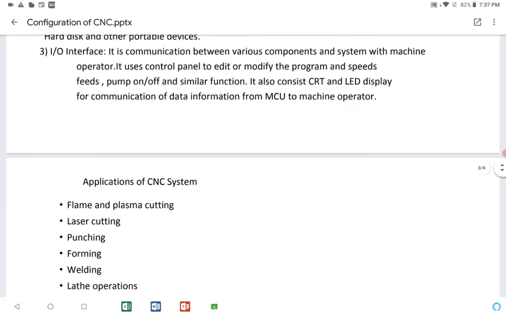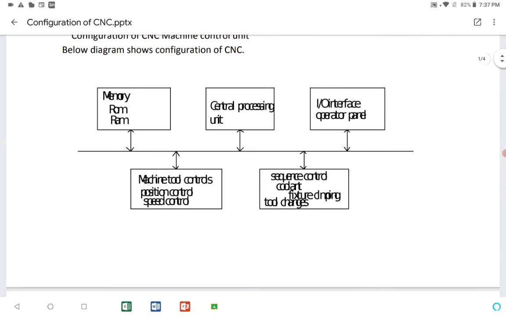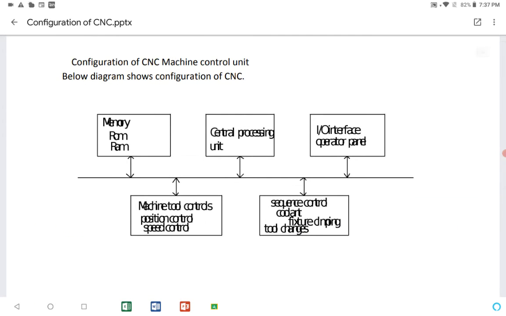So in the first slide, as you are observing, it's overwritten. Note it carefully. The first block is memory, that is RAM and ROM. ROM is the operating system and RAM is the part program.